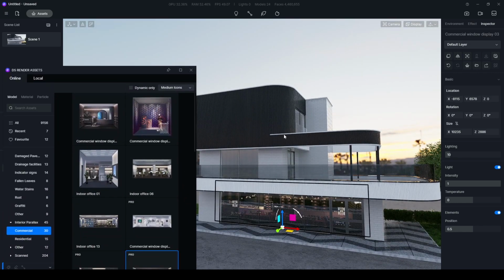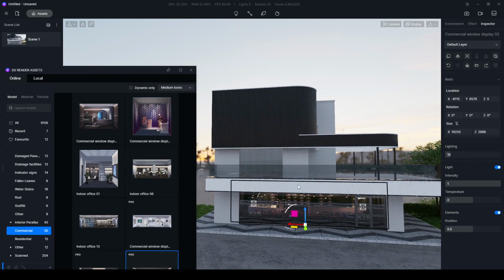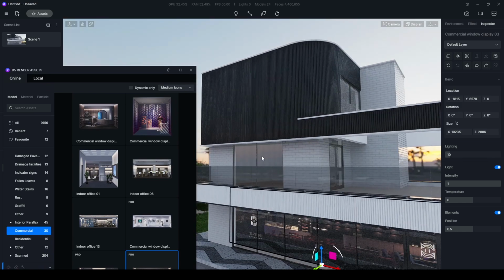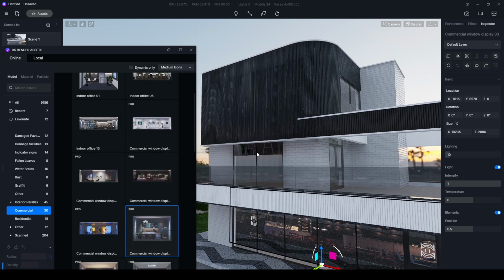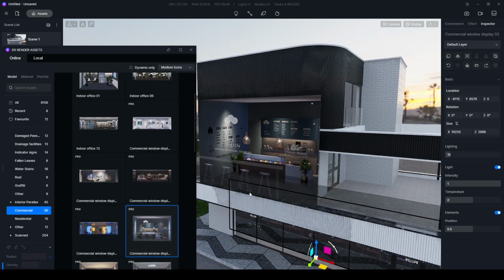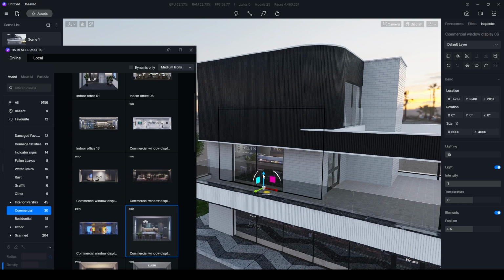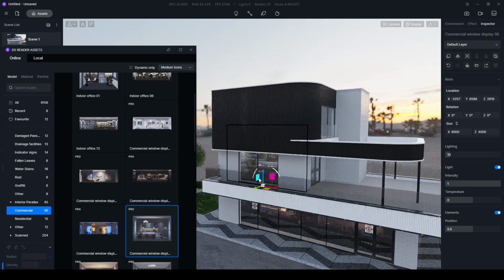Once this is done, we are going to place another here, but this is not rectangular. This part is a kind of box, therefore we can use a box shape interior parallax. So we don't have to change the scale.